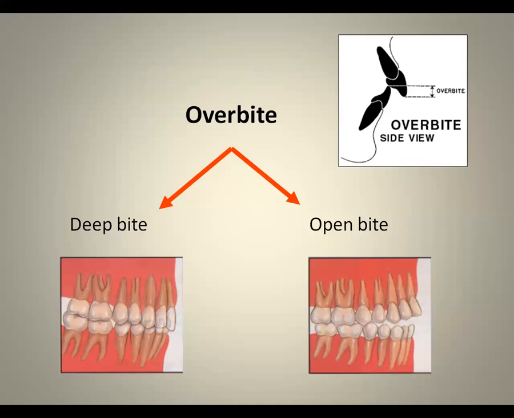Then coming to what is overbite. I hope all of you know what is overbite. Overbite is a vertical overlap between upper and lower teeth, especially in anteriors. When overbite increases, it becomes a deep bite, and when overbite decreases, it becomes